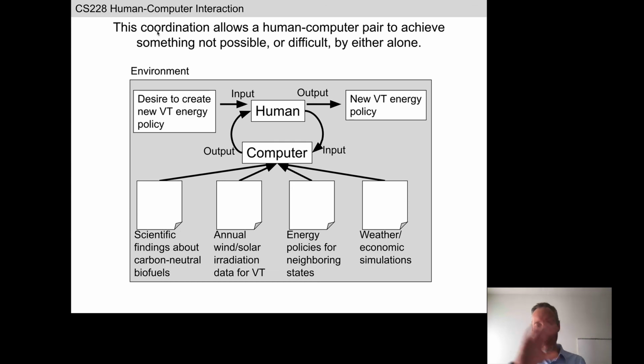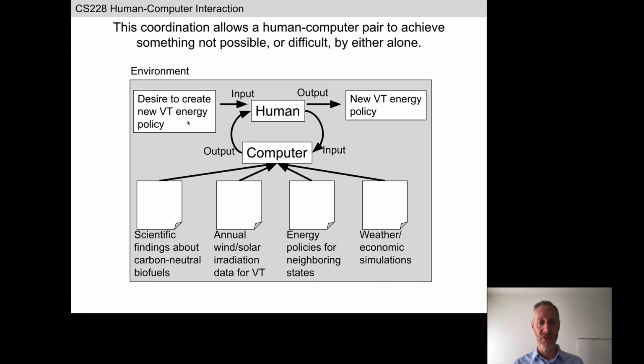All right, so let's think about this coordination. Obviously, this kind of coordination can take very different forms depending on what the person is trying to do or what they would like to use the technology to do, because it would be difficult or impossible to do that task otherwise.